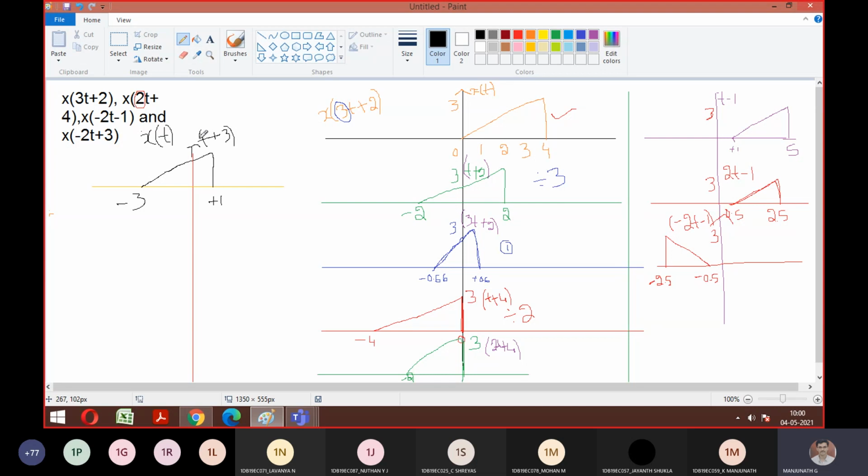What is next? Divide by 2. Since again 2t is there, it is a compression technique. So divide by 2. Good. Divide by 2 means this original signal will start from minus 1.5 to 0.5. So 3 to minus 3 becomes minus 1.5 to 0.5. We'll just do the compression with respect to our x-axis. Then let me plot a signal like this. So this is your 2t plus 3.